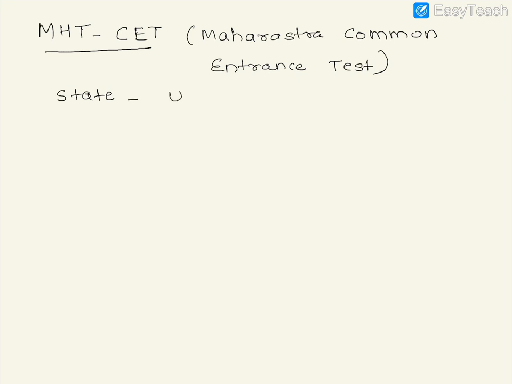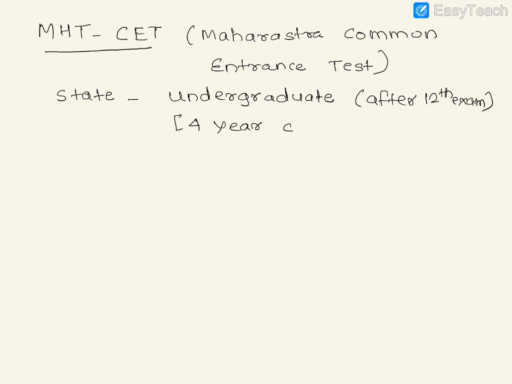undergraduate program. Undergraduate means the 4-year program which is done by the students after 12th. So after 12th exam, once they pass the 12th exam, the 4-year course which students do, or sometimes it is also a 3-year course, but engineering courses, they are 4-year courses. Pharmacy courses, they are 4-year courses. So generally it is a 4-year course which the students do. That is the undergraduate program. Okay. So this, as I said, is a state level exam, and